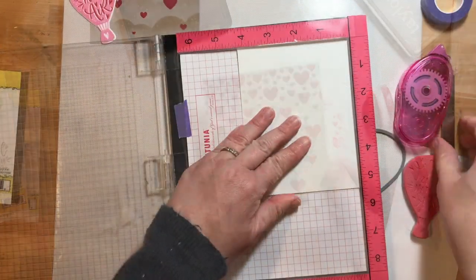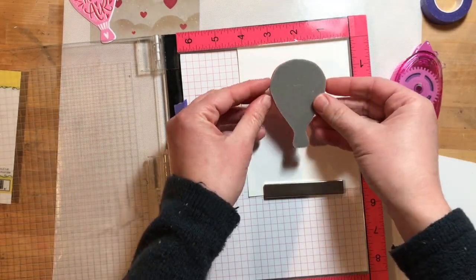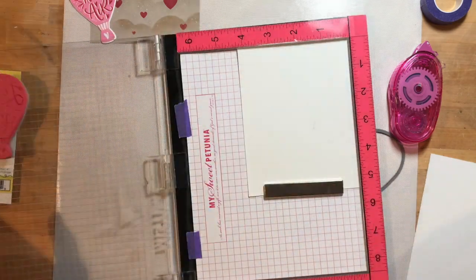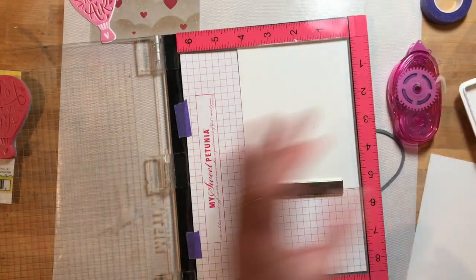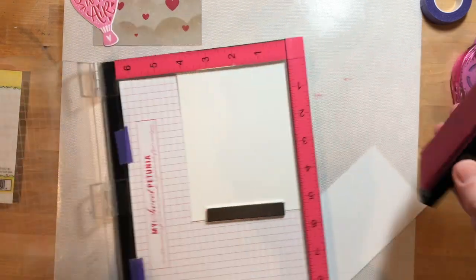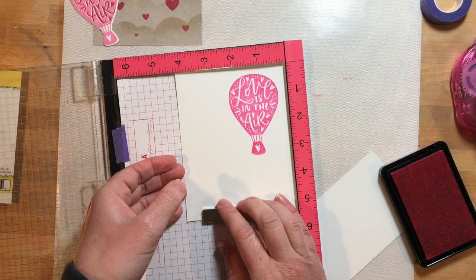Now that the background is complete, I'm stamping the little hot air balloon from the Flip the Script Love stamp set. I'm setting this up in my MISTI and stamping the hot air balloon onto a piece of Sugar Cube cardstock. I set the balloon where I wanted it on the cardstock, closed the lid of the MISTI, and picked up the stamp. I'll ink up the stamp with Strawberry Milkshake ink and close the lid to stamp the impression